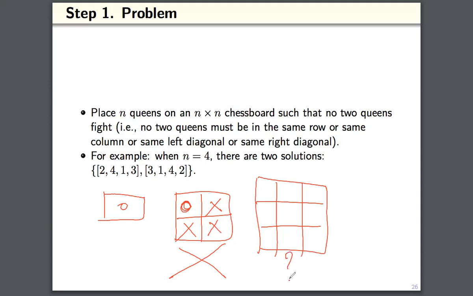Think about this. No solution. Why? Because if 2 has no solution, 3 has no solution. Okay, if 3 has no solution, does 4 have no solution? No, 4 is different because of the beginning, right? As long as you left the 1, you have to place this into a